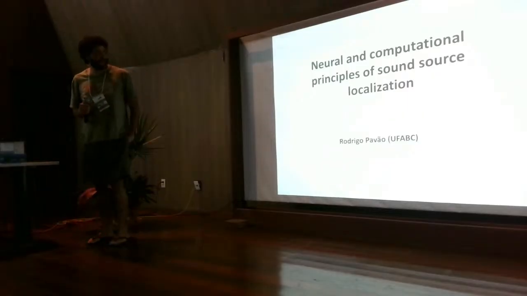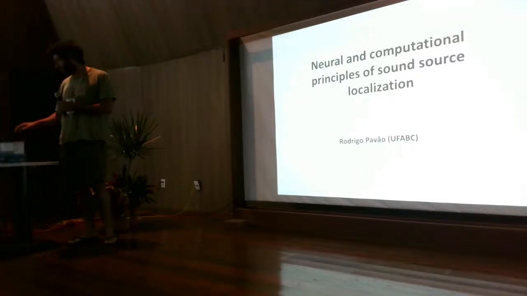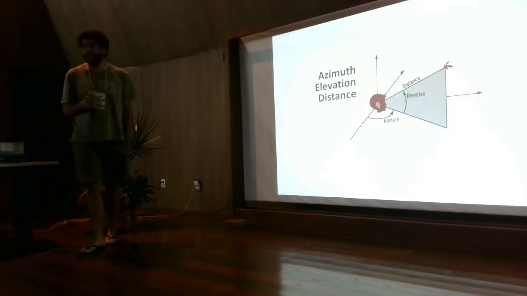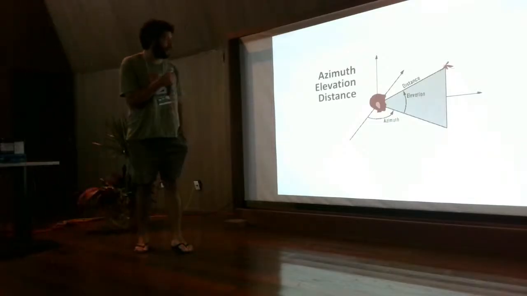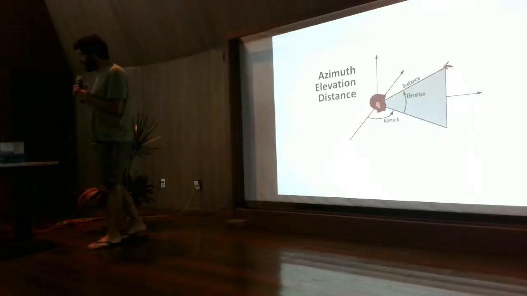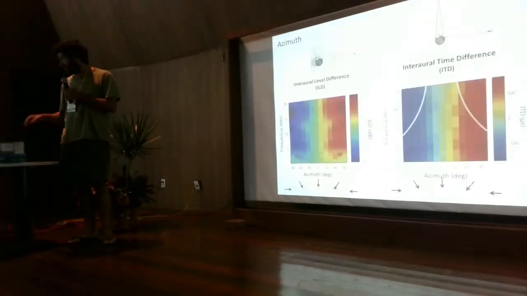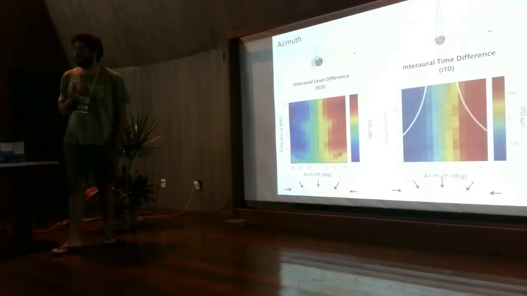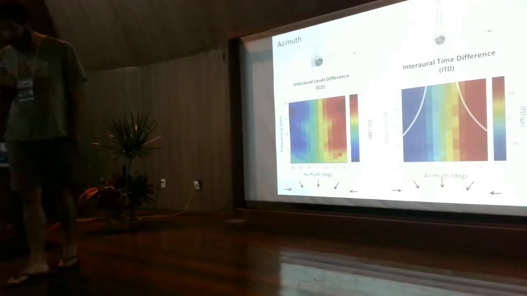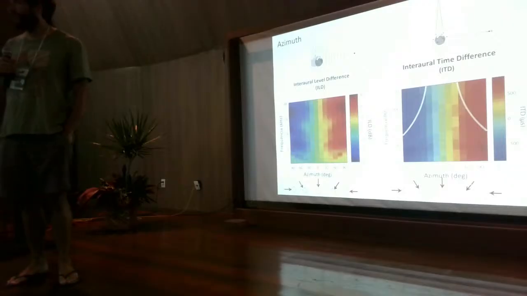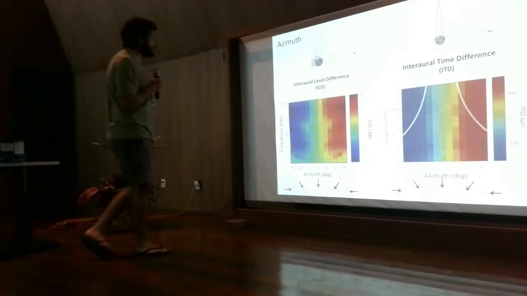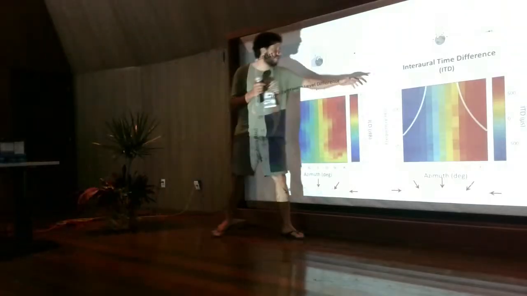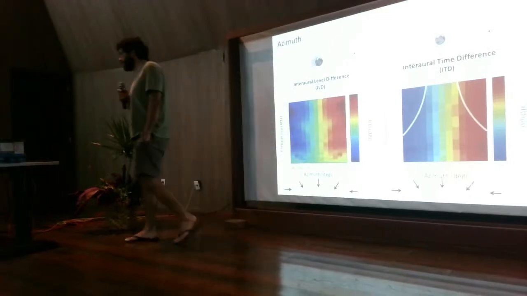Neural and computational principles of sound localization. That's the name of the talk. So it's about checking where the sound comes from in all its dimensions: azimuth, elevation, and distance. And when we talk about azimuth, we have two main cues. We compute the location of the sound in the azimuthal plane using level differences and time differences. So ILD is the